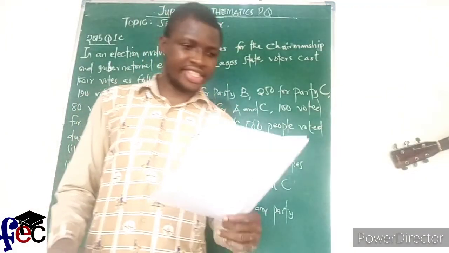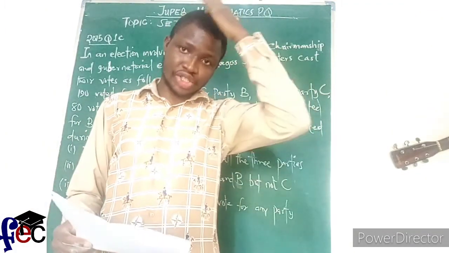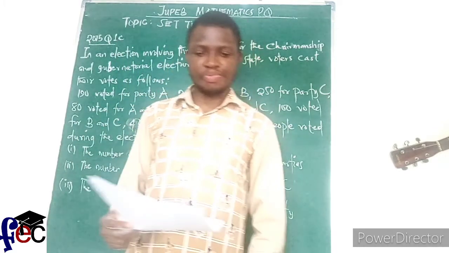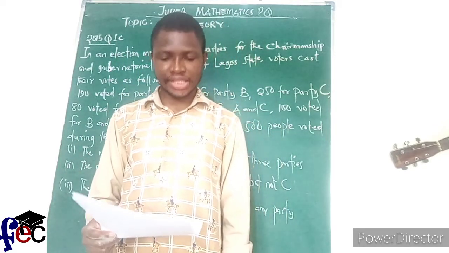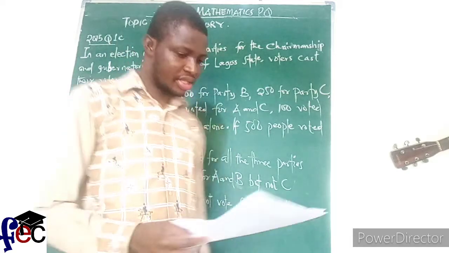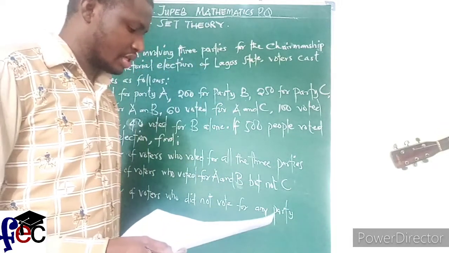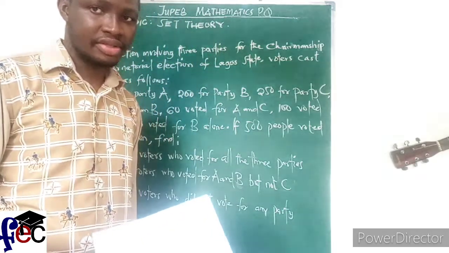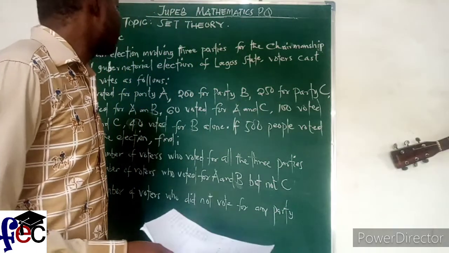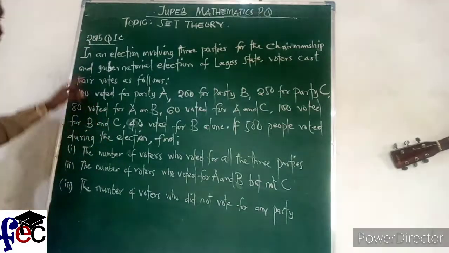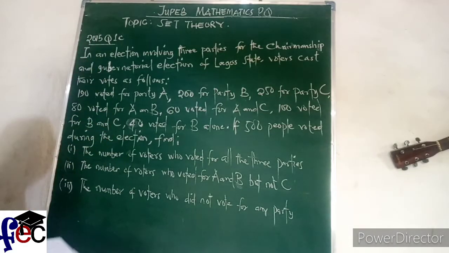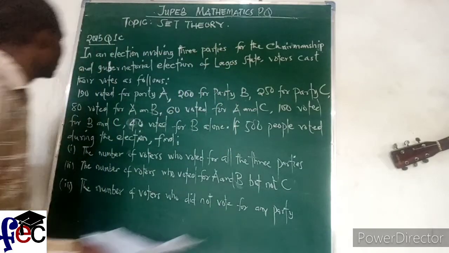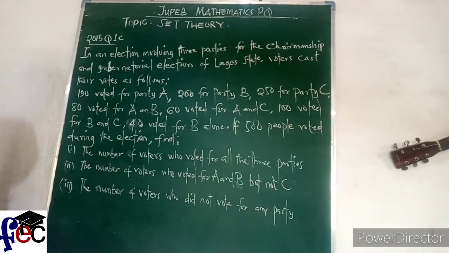All right, this is another question from 2015 JUPEB question 1C. Okay, it's a long question, but it's very easy. It's simple. Okay, the question says that in an election involving 3 parties for the chairmanship and gubernatorial election of